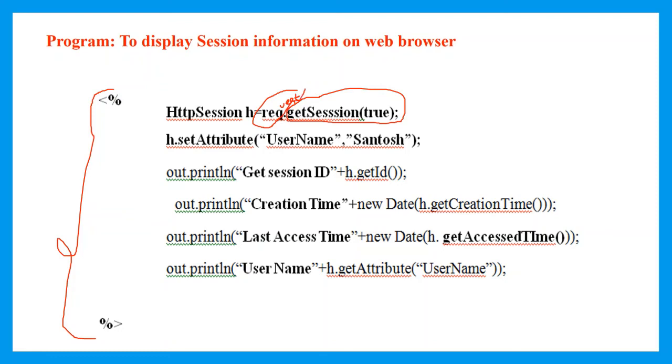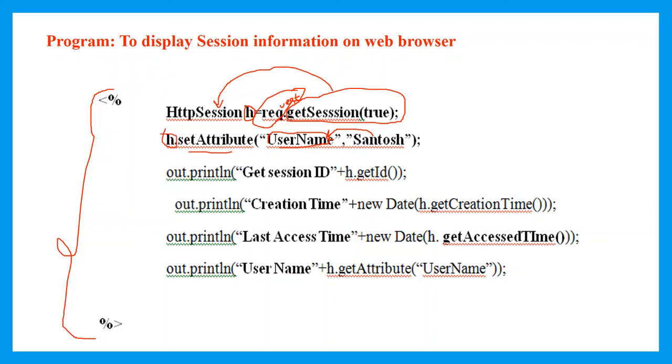With the help of the request object, I call the getSession method, and the return value will be assigned to the HttpSession interface. So here h is an object of the HttpSession interface. Now I am assigning a name to the page or browser. For that we will make use of setAttribute. The setAttribute method assigns a value to the attribute. So here username is an attribute, and to this attribute I am assigning the value Santosh. setAttribute is a method belonging to the HttpSession interface; with the object of the HttpSession interface, I am assigning the value.